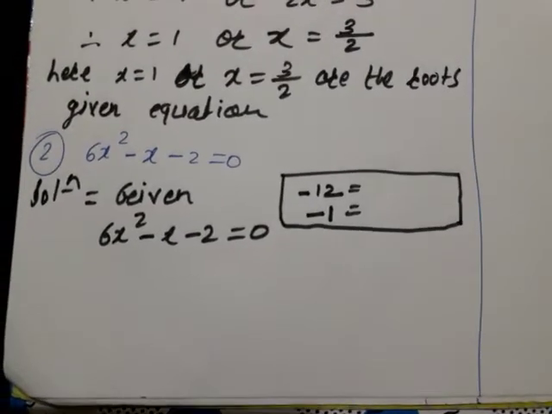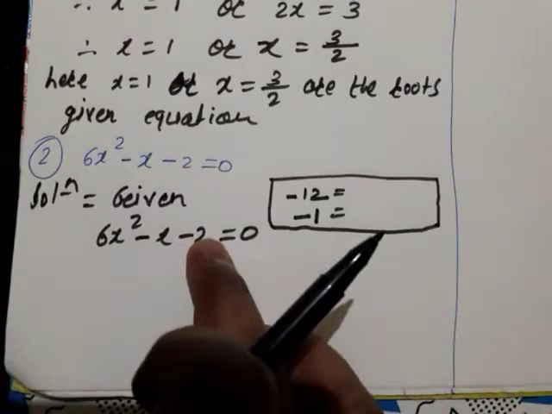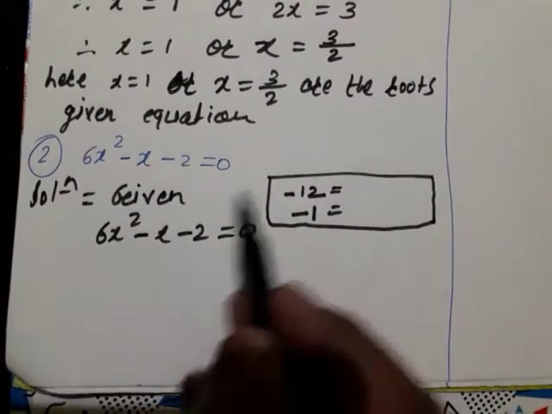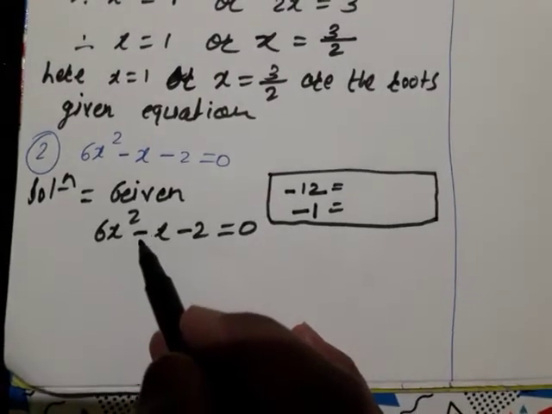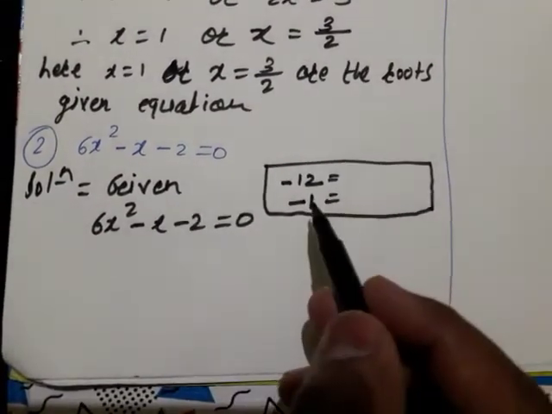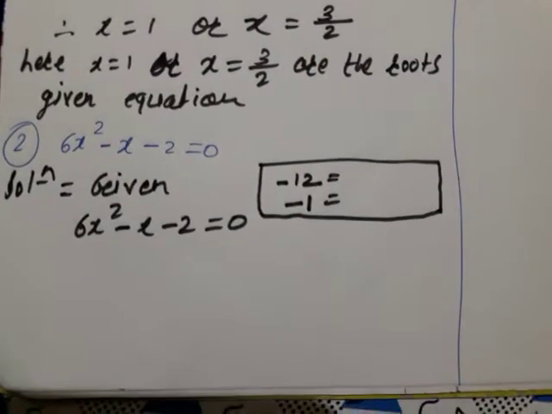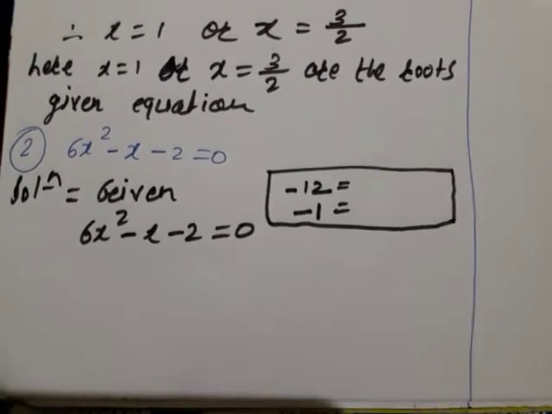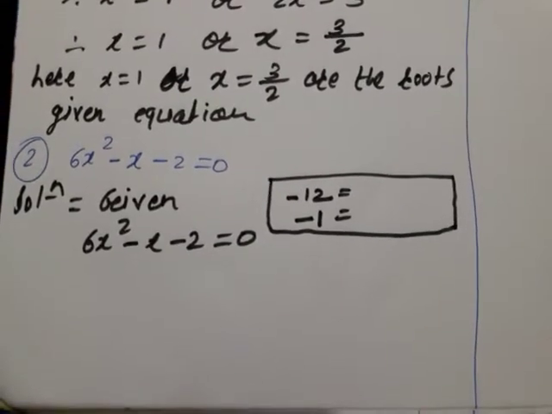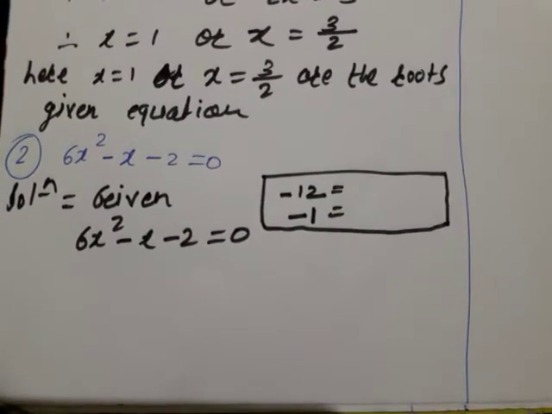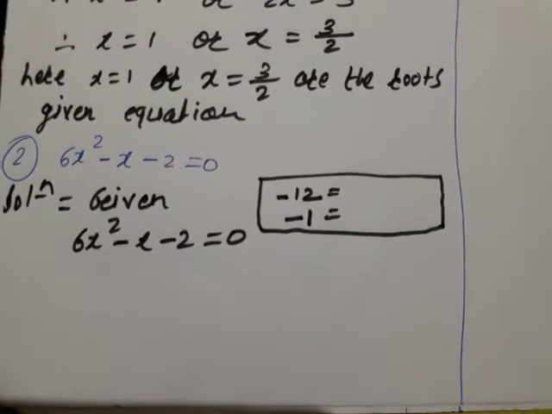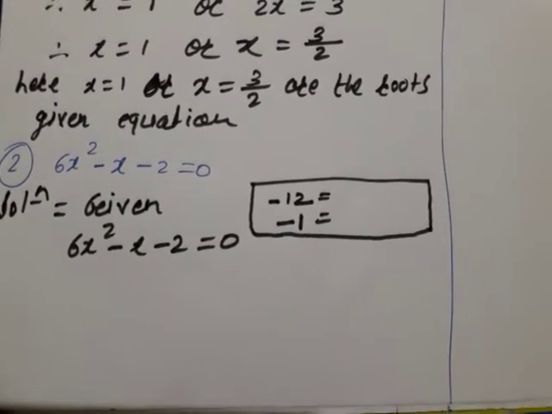We got 2 numbers, look now. 6 into minus 2, plus into minus, minus, 6 into 2 is 12, minus x. Middle number is what? Look here, nothing is there, means minus 1 we have to consider. Now we have to find out such two factors whose multiplication is minus 12 and addition is minus 1. Multiplication is minus 12 and addition is minus 1. Then how to find out? The two factors are like that.